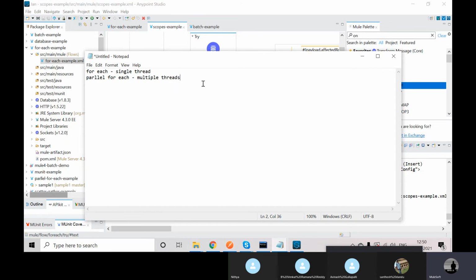Okay, so in the batch, it will process batch wise, so it will also insert all records, but here the advantage is that we can capture the error records also in the batch. Batch processing uses multiple threads actually.